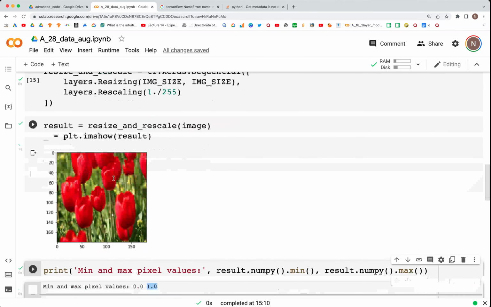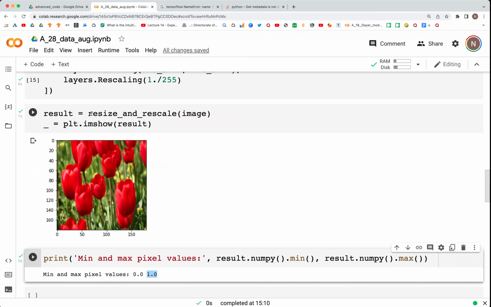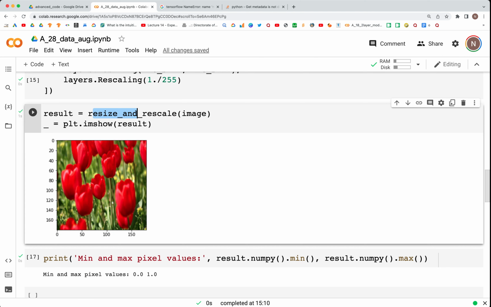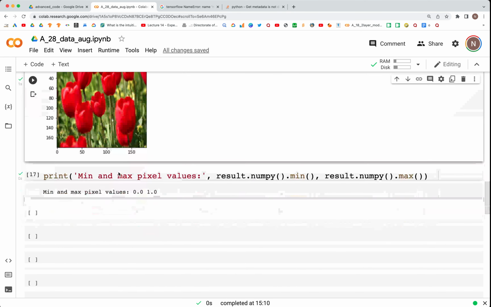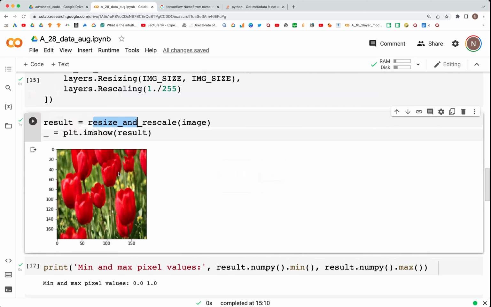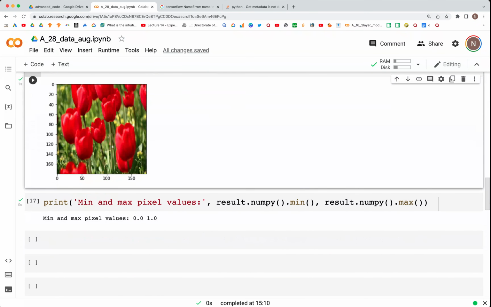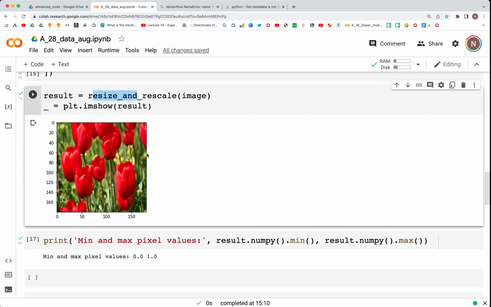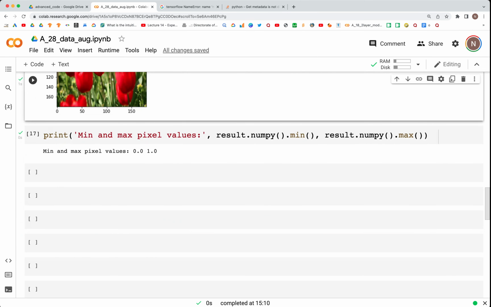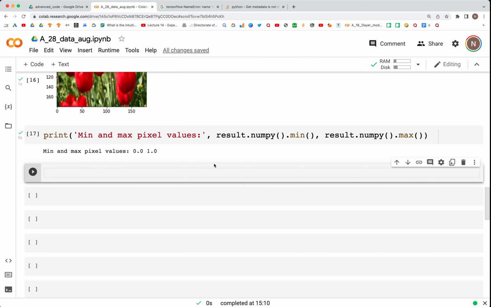So that's how we performed image augmentation. We augmented the image, we created this image which is now resized and scaled. Next, you could argue that this is just pre-processing and not an augmentation as of yet, but this could be a pre-processing step before we perform the flipping and rotating, the augmentation part of it. So for data augmentation then,